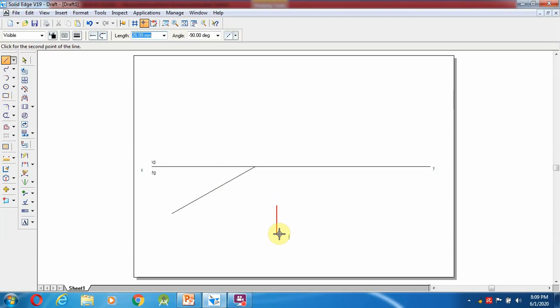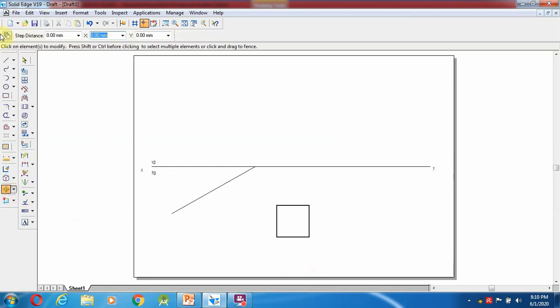Then select a line, and I'm going to make a cube somewhere here. What is the size? 30 mm each. First I'm going to construct a cube from here, 30 and 30, enter and end. Then go here and select the move option. Without copy, the entire thing has to be moved.